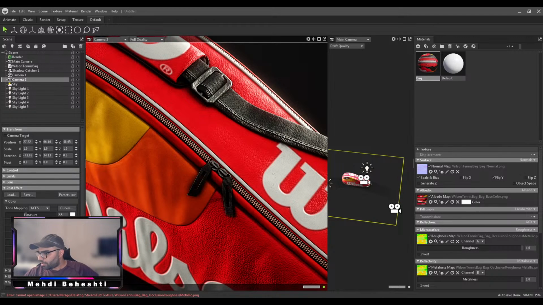Okay, how to change the rendering resolution in Substance? We are not in the Substance, but if you want to change the resolution,